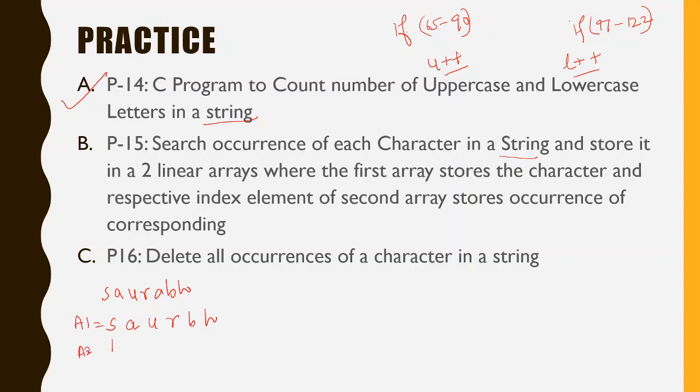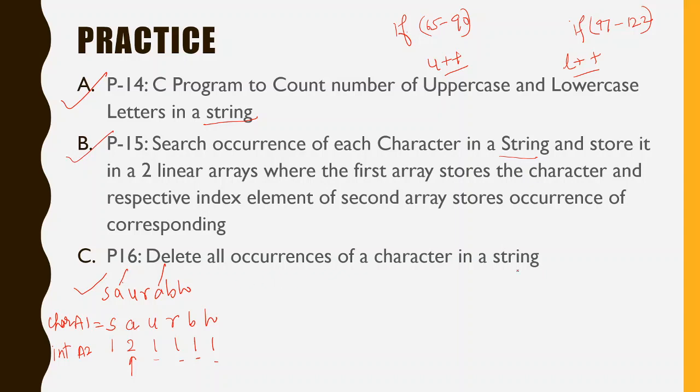In one array, which is a character array, you will keep the unique characters, and in another array, which would be an integer array, you will keep the occurrence of these characters. Okay, you can see in this particular string, A has come two times, so you will store two over here, and all the others have occurred only one time, so all will have one here. So you have to do this particular program for practice.